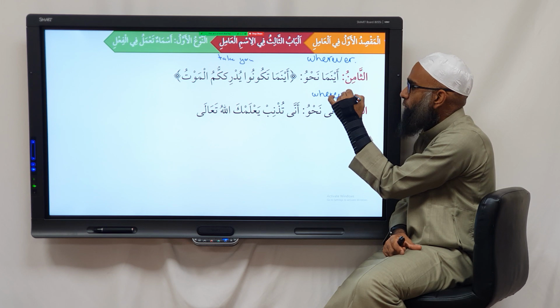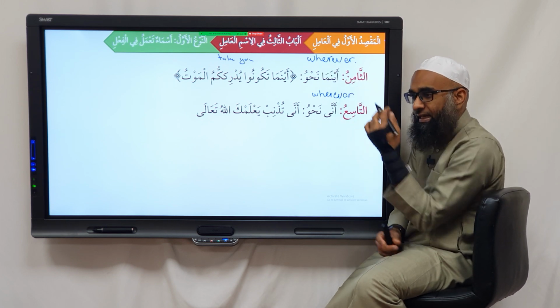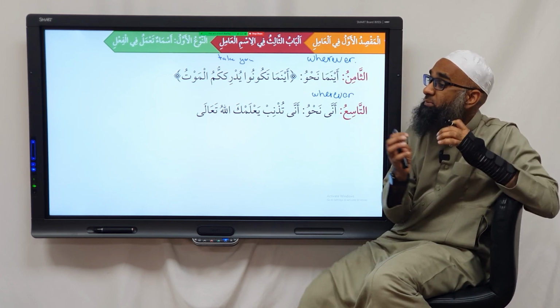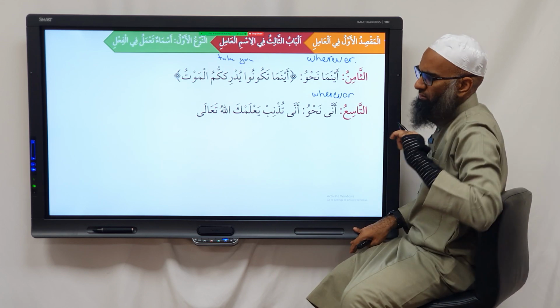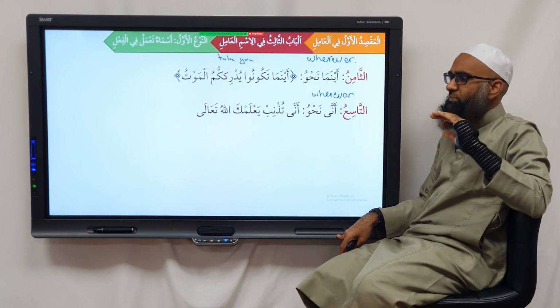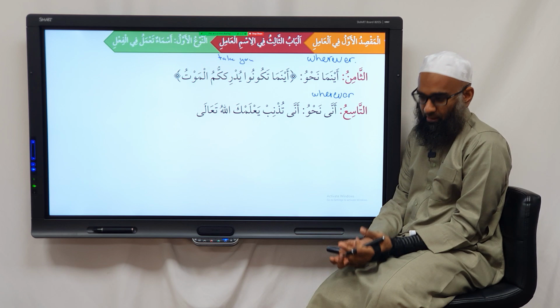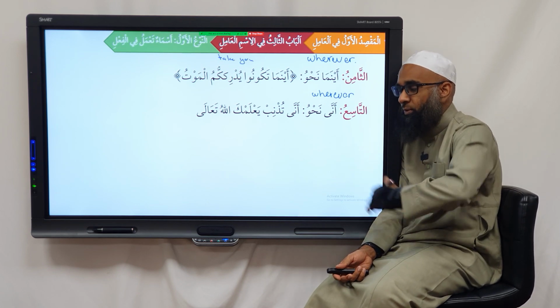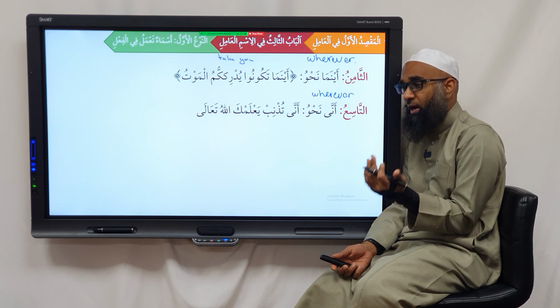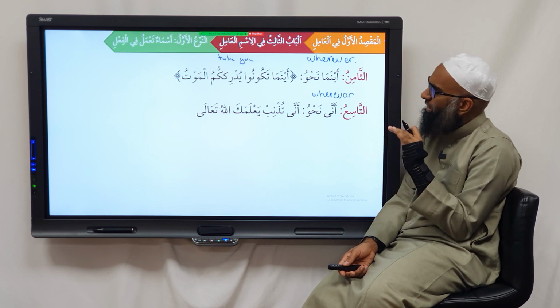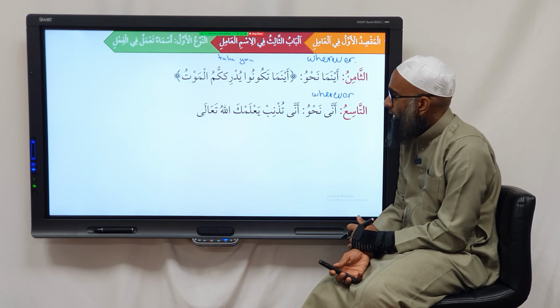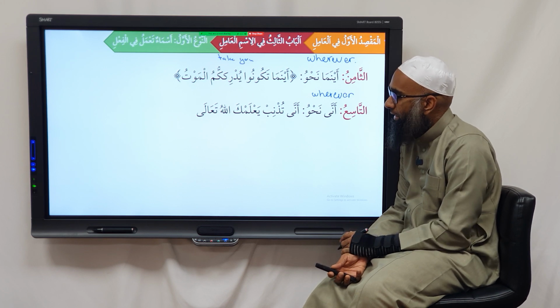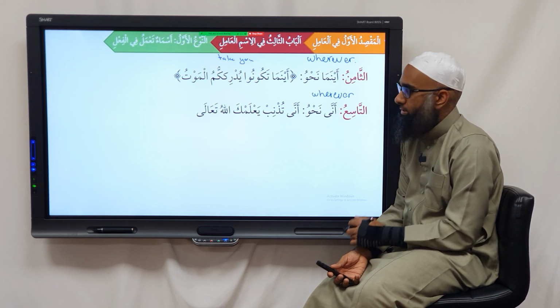Again, what are the differences between this wherever and this wherever? That's to do with meanings, and meaning is the focus of ilm al-ma'ani and balagha. Here we just want to know the basic meanings. There are differences. The Arabs don't have two different words for the exact same meaning, but that is focused on in balagha. We do that later on. Why does the Quran say ayna in some places, mata in some places, why ayna, why anna, why aynama? That's a balagha discussion. But for now, we know that they all mean wherever. So anna, wherever you commit sin, ya'lamuka Allah, Allah will know of it.